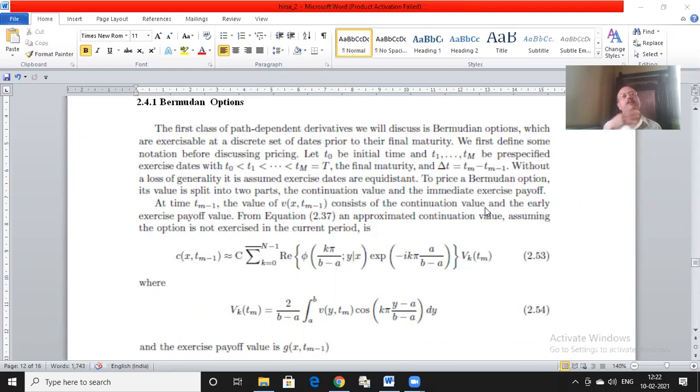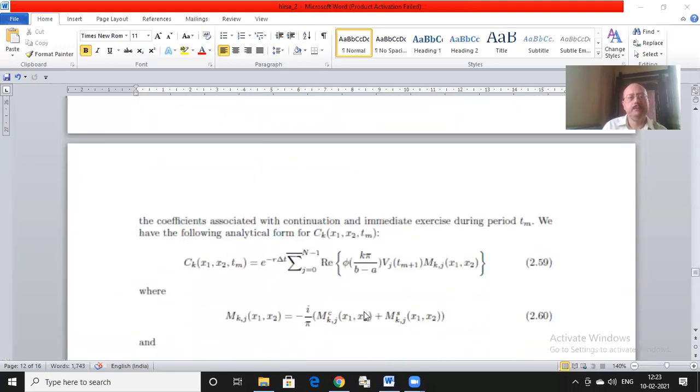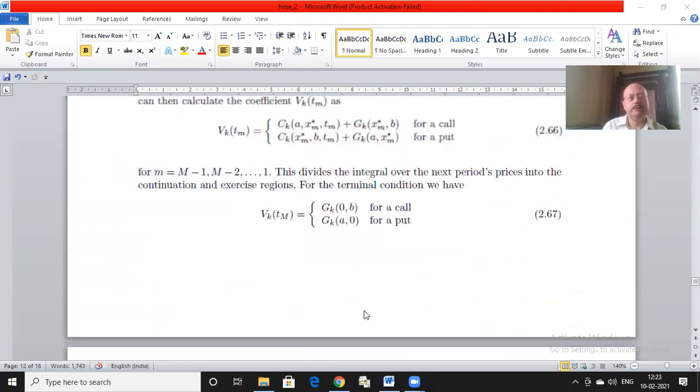Because as I go nearer to the maturity time, I have fewer and fewer decision nodes to face. So in effect, what we can show is that the easiest problem is at the end. So we solve the easiest problem first, and then we progressively come backward, use the solutions from the next period, which is already done, and solve for the bigger problem inductively. And that's how this whole algorithm will work.